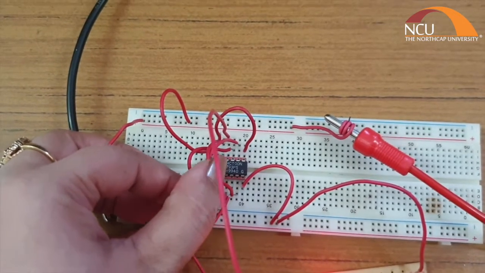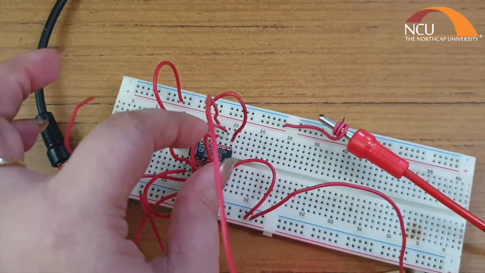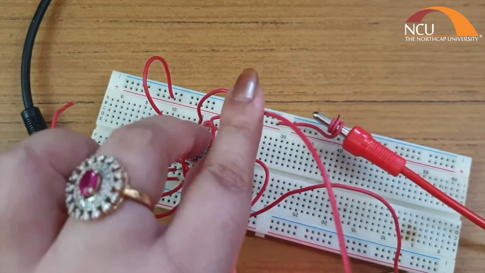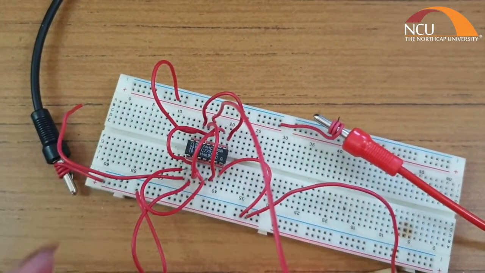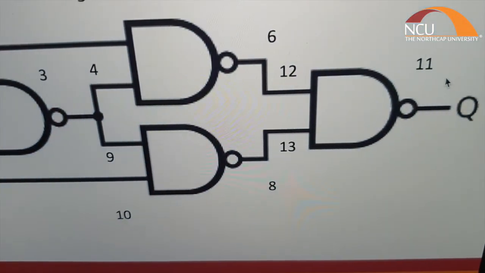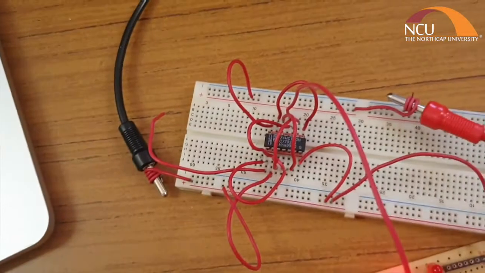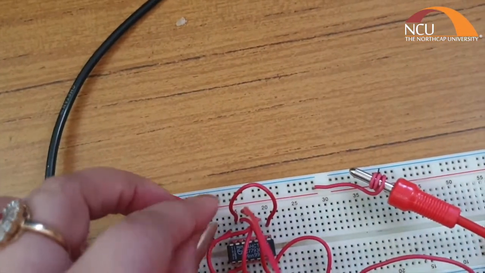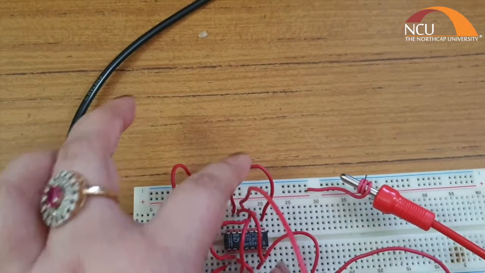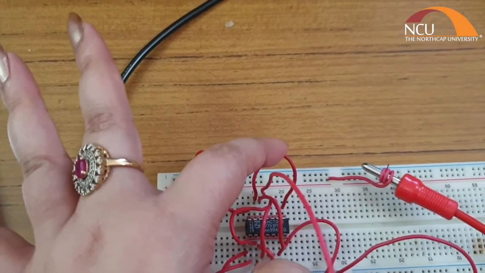So you can see here this particular pin, this is pin number 6. Pin number 6 is connected to 12. This pin is connected to pin number 12. So here it is pin number 12. So now you can see here 8 number output is connected to 13 number pin, that is the input to the last NAND gate. So we can see here that this is your pin number 14. This is your pin number 13. This pin number 13 is connected to 8. So 8 is the first pin over here. 8 is connected to 13. So this is the connection.